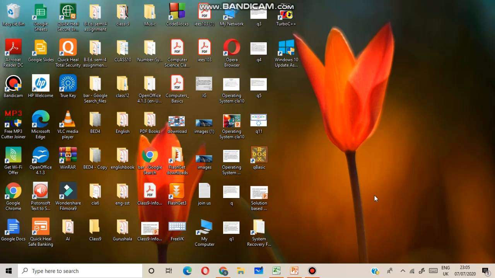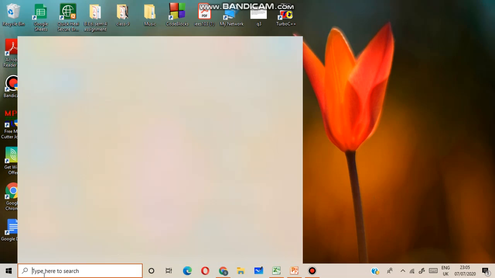Now next is how will you search a file or folder using the search option.